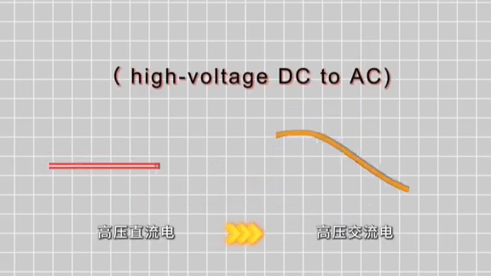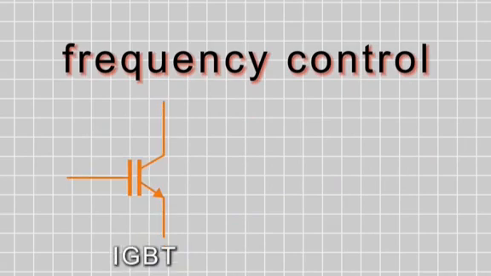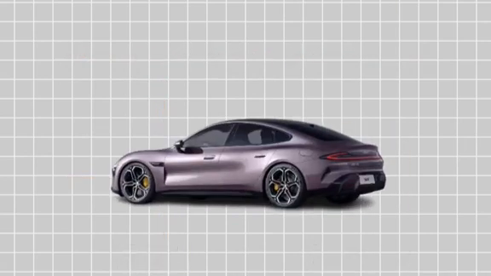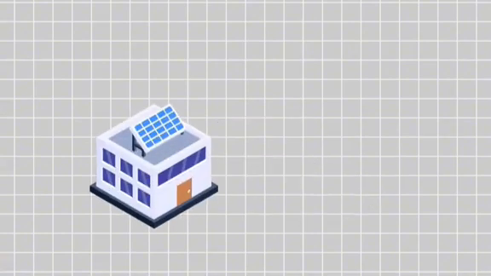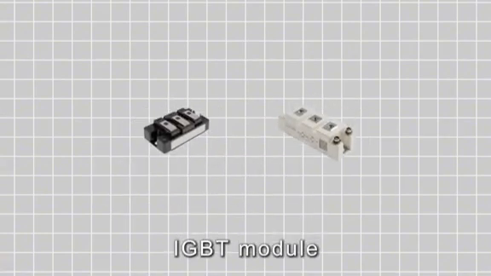Its main function is to convert high voltage DC to AC and to enable variable frequency control. The most common product using IGBT is the inverter, and its main application fields include electric vehicles, solar energy, and industrial automation. IGBTs typically appear in module form, which not only integrates the IGBT but